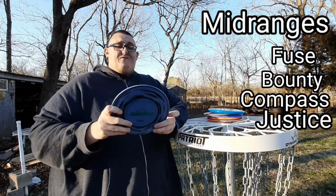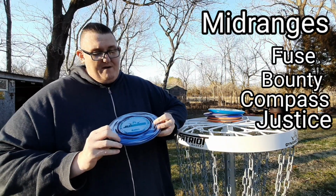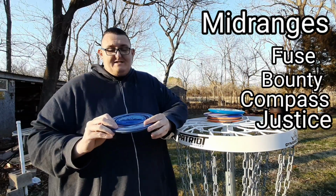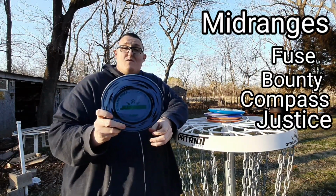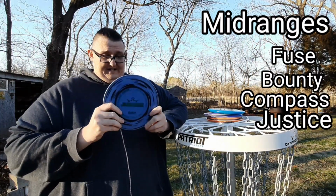It goes to the left. It fades over really hard. You know, turn of 0.5 and a fade of 4. Now that right there, I don't even think it's 0.5. It's probably 0, or maybe a negative 0.5. This thing is really